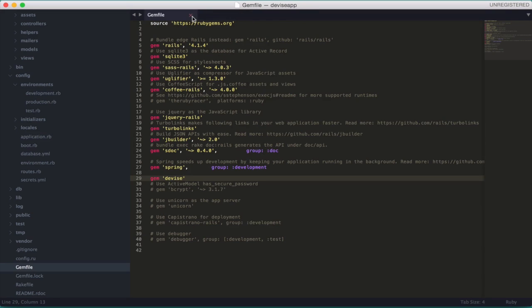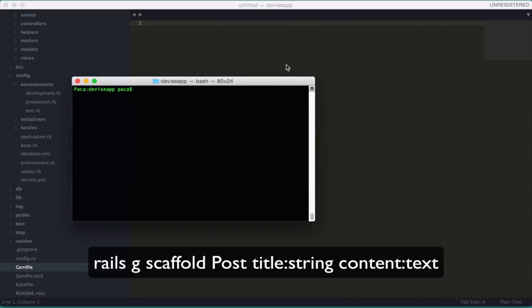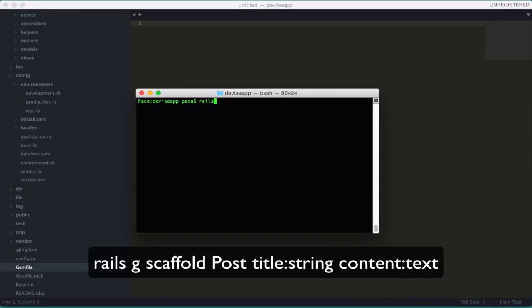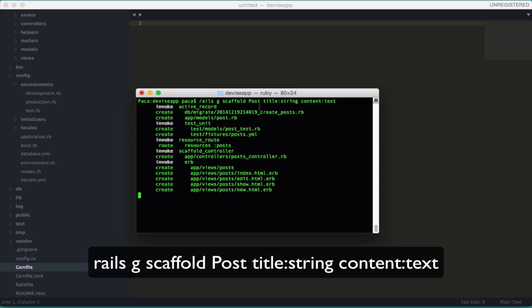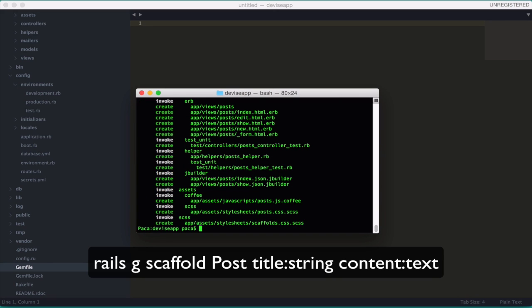Now let's create the scaffold for the posts. So let's put rails g scaffold post, and I want the title, which is going to be a string, and I want content, which is text. Okay, created all the files,